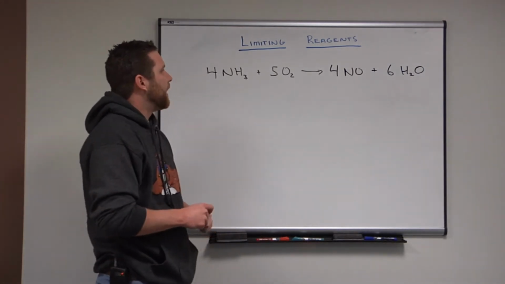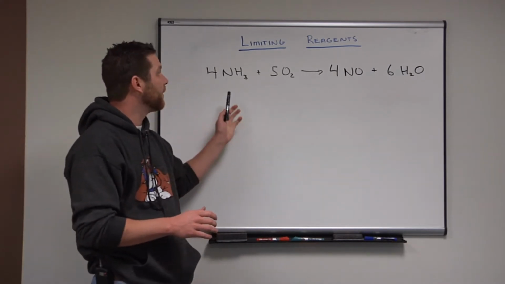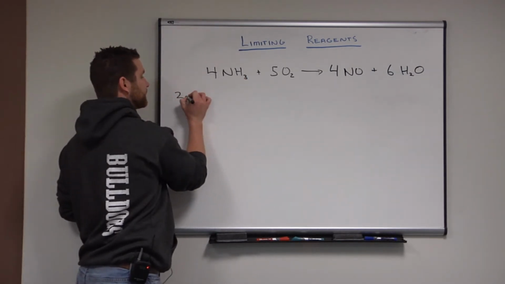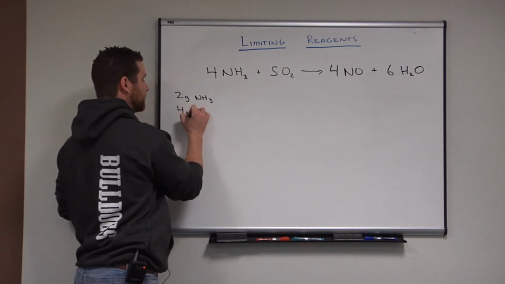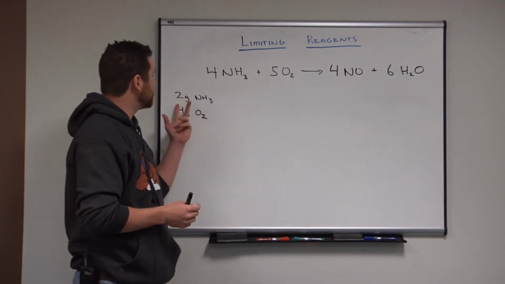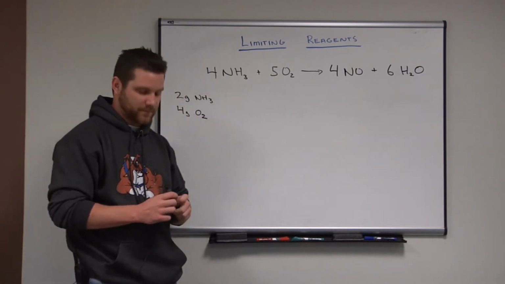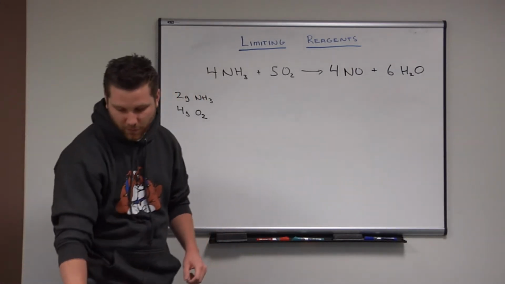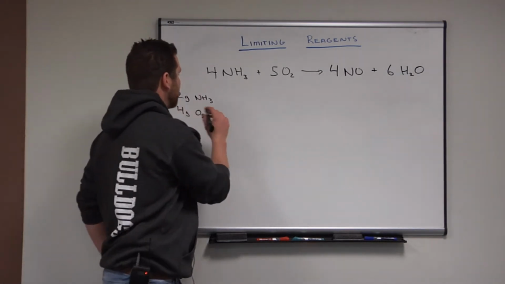So we need to find out what my limiting reagent would be if I start out with, let's say, 2 grams of ammonia and 4 grams of oxygen. If I add these two together, which one's going to be my limiting reagent? Well, key is ratios, just like on unit conversions. So the way we do this is we start out with our 2 grams of ammonia,